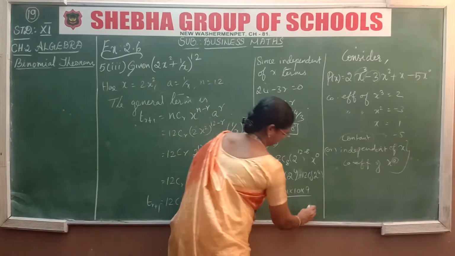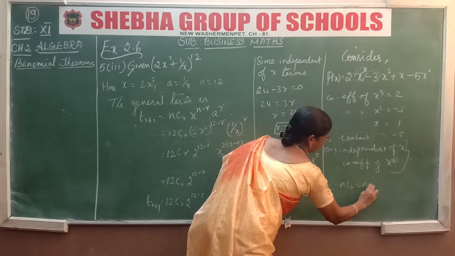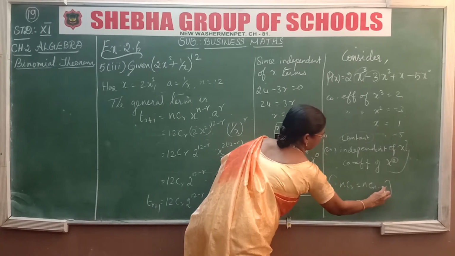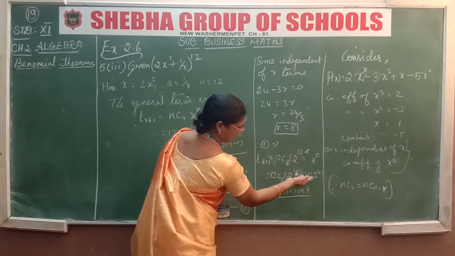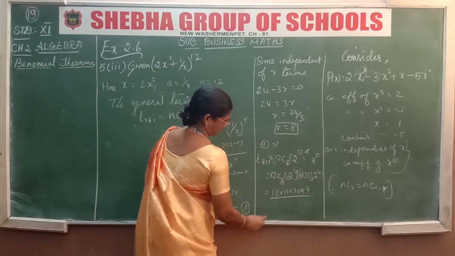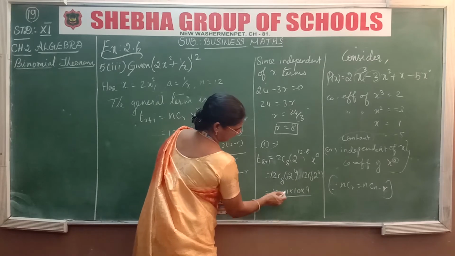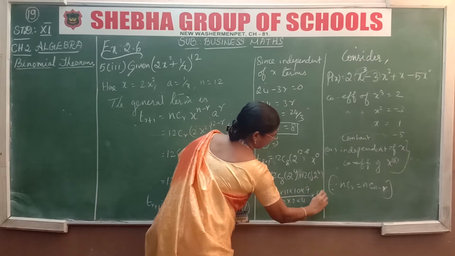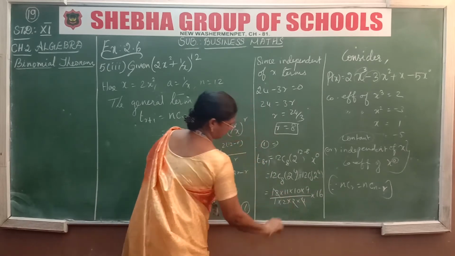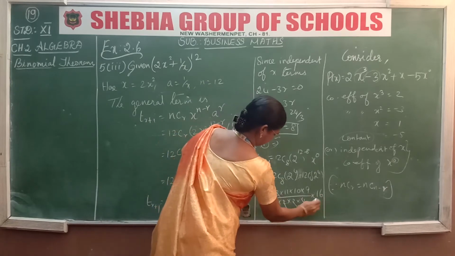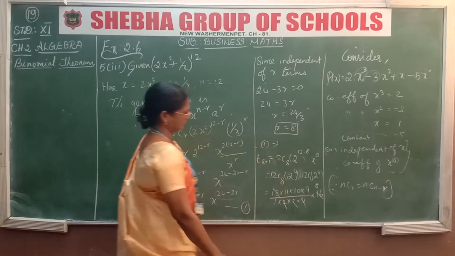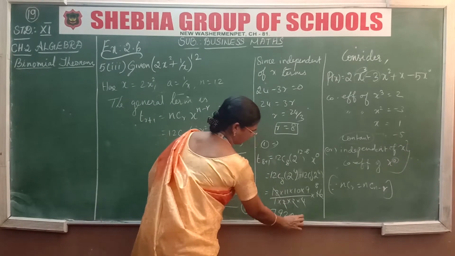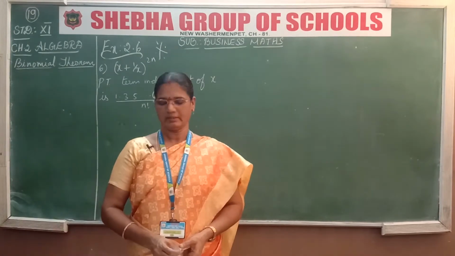because by the property nCr equal to nC n minus r. Using this property we get 12 minus 8 becomes 12C4. 12C4 into 2 power 4, that is 12 into 11 into 10 into 9 by 1 into 2 into 3 into 4, into 2 power 4 becomes 16. Okay. Now these two get cancelled. Here divide by 2 we get 8 here. Understood? So multiplying we get 7920. Understood this?